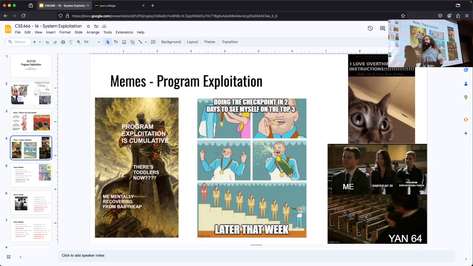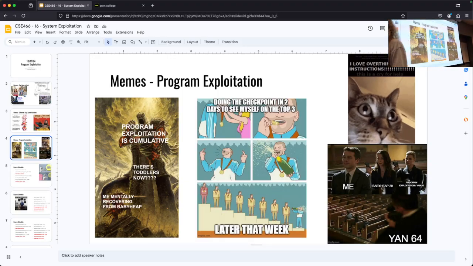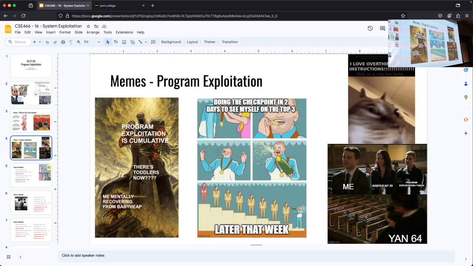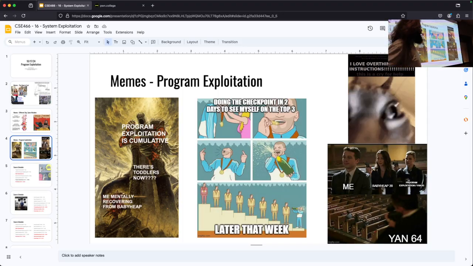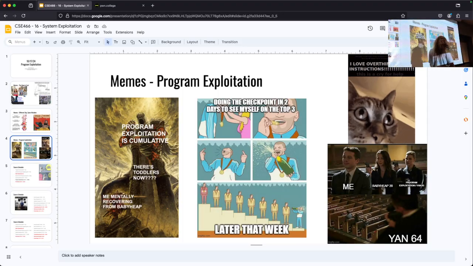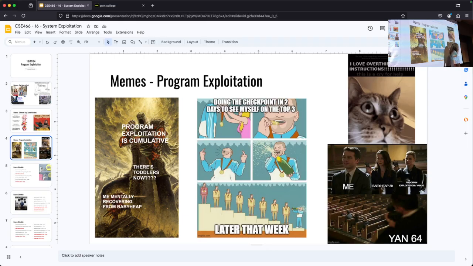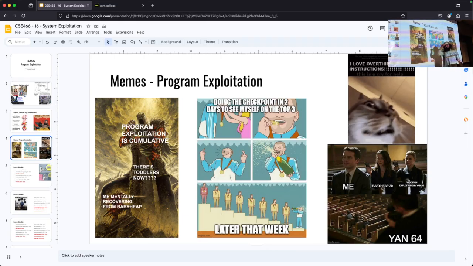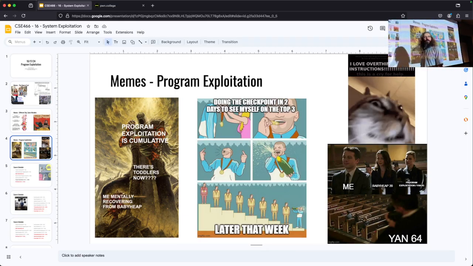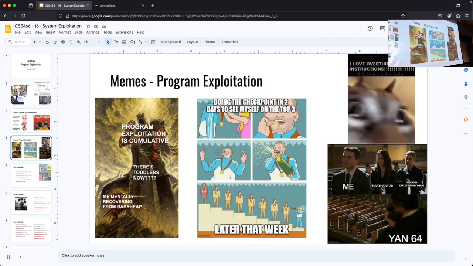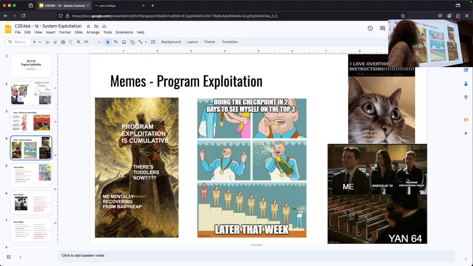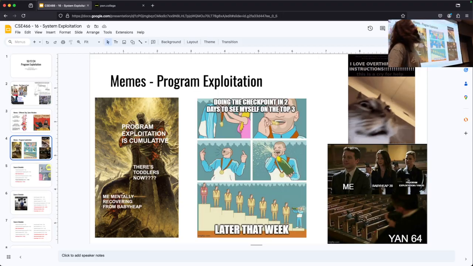We're past the deadline, but I did like that name because you were simultaneously trying to finish up Baby Heap while dealing with the exploitation stuff being assigned. And Yan85 is there. One of the things, it says program exploitation Yan85. Furthest back is Yan64, which is a thing that's not made up. That is waiting for you at the end of the current challenge set.